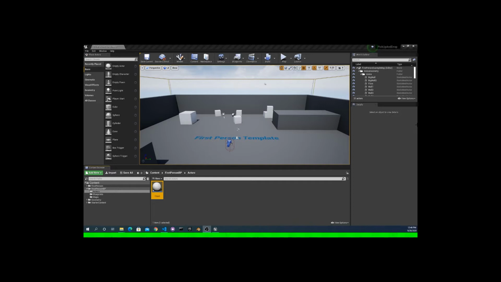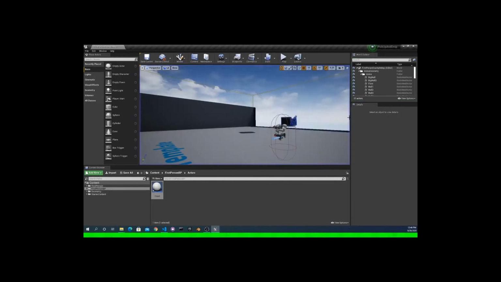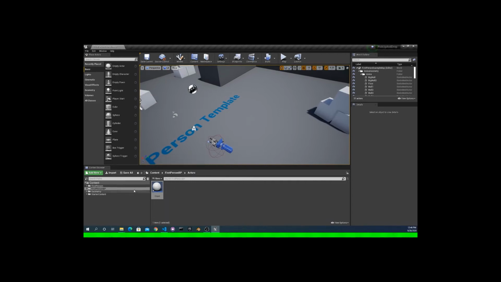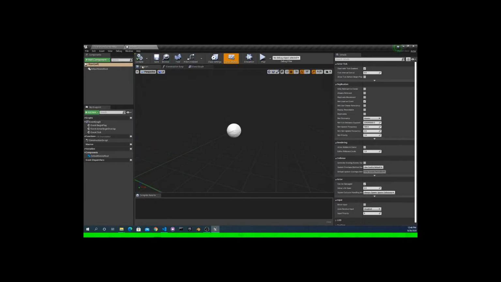And I'm just using first person, I think. Yeah, just the first person game mode. And so I just went ahead and created a blueprint class. I just created a new folder and named it blueprints. Or did I? I think it started in first person BP, and then I created a new one and it was named actors, and then I went into this. And so I haven't done anything in it. I haven't even opened it up yet. I just created it. And so basically what you're going to do is I'm just gonna